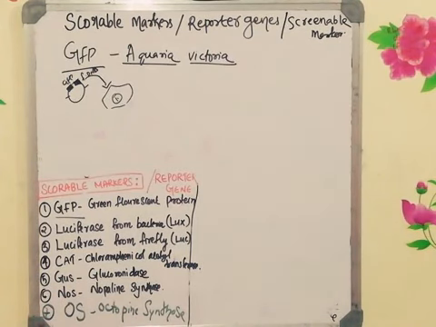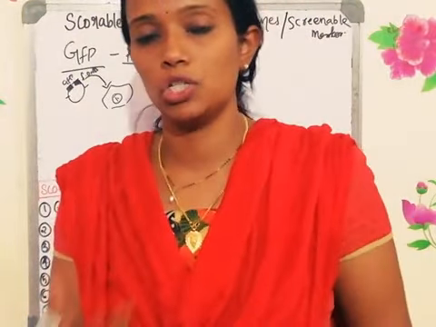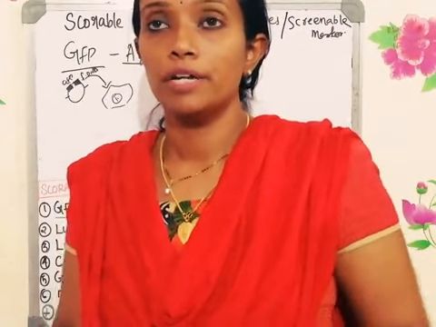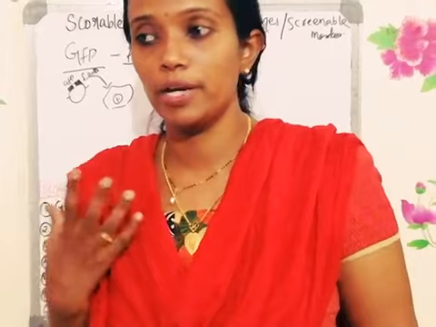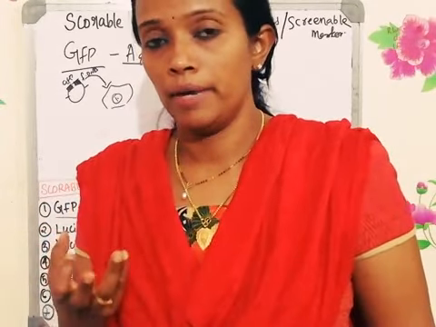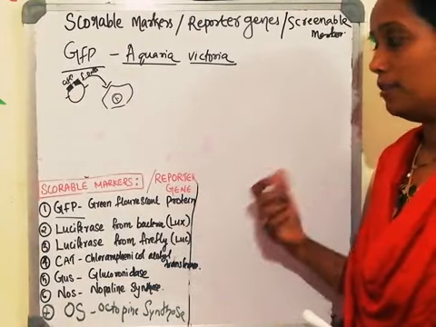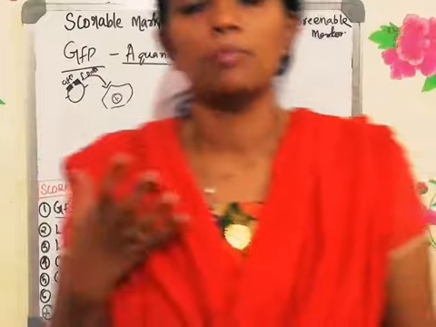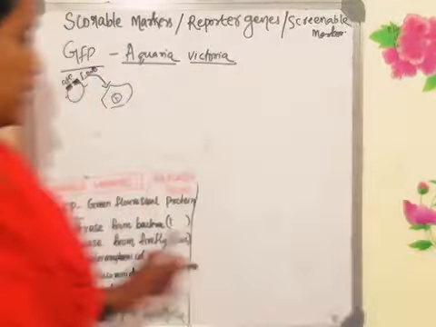The amount of fluorescence is directly proportional to the gene expression level. So that is the use of green fluorescent protein. Green fluorescent protein is widely used because you can both quantify and qualify by looking at the fluorescence. You can confirm that it has taken up the foreign DNA, and also you can analyze how much gene expression there is, or the level of gene expression, with the help of green fluorescent protein.